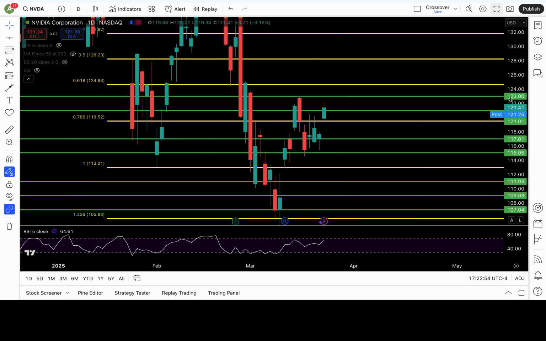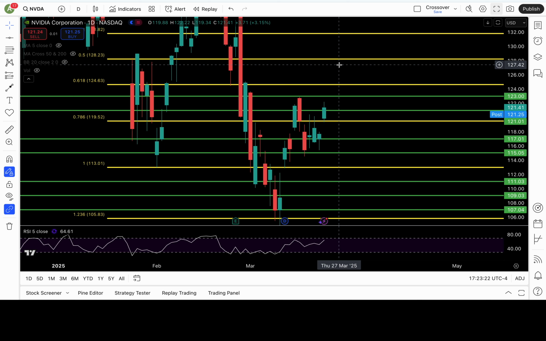Anyways, it broke out of the top of the chart. I told you guys it was at 121. We got the breakout. We also recaptured that fib level, 119.5, treated like support. Good to mention that. But the most important part is we broke the chop range, which is at 121. So as long as above 121, I would stay bullish on NVDA, 123, 124.6, 127, 128.2 or higher in play,